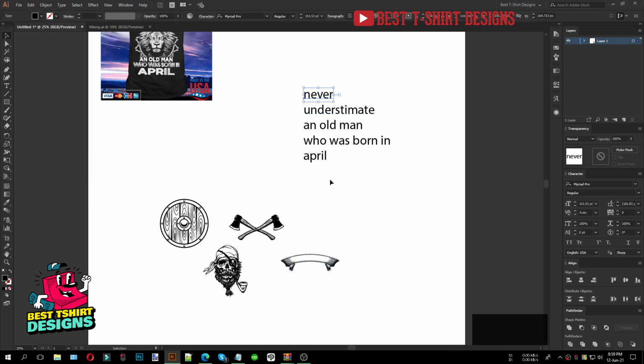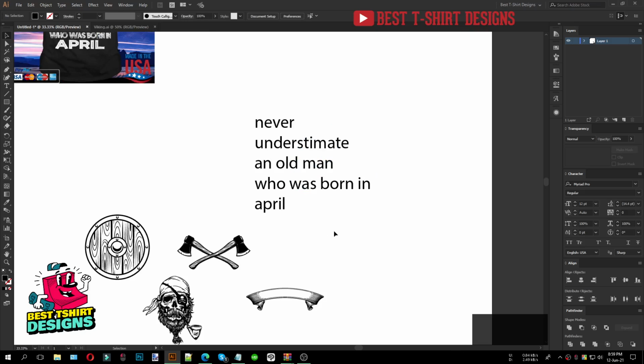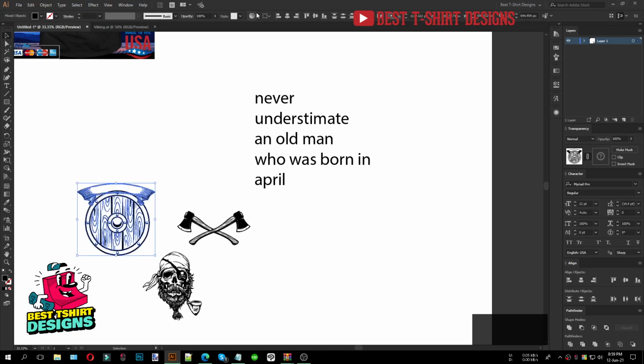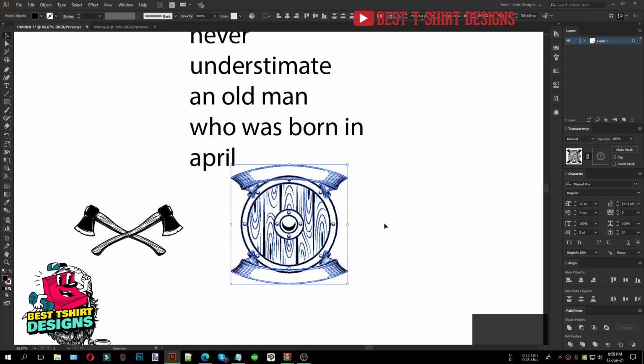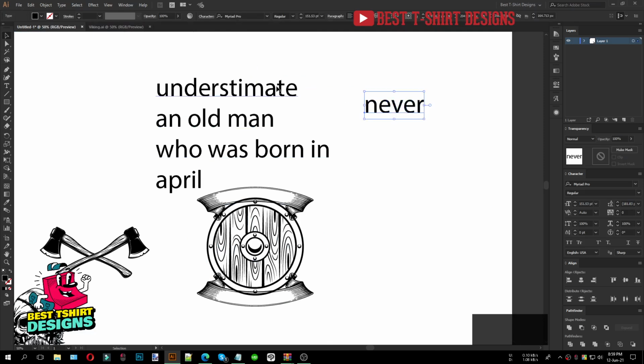Here is my text. I want to separate the lines, not break them. The first step is where I am going to give my focus. For a design like this, we can simply use ribbons to make a placement where we can place our text, or of course we can add other graphics to the design. In general, I like to make an area like this and then place some text here. In this area you can see "Never" is the first text, then "Underestimate."